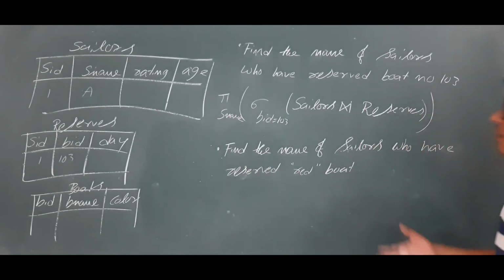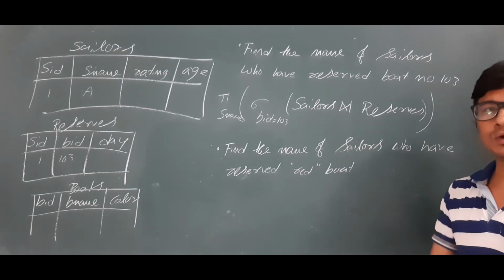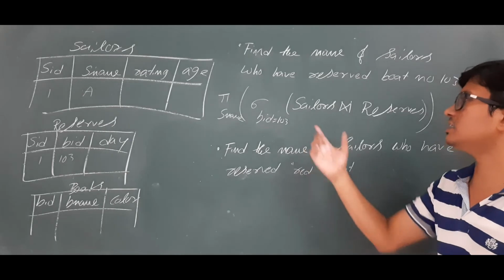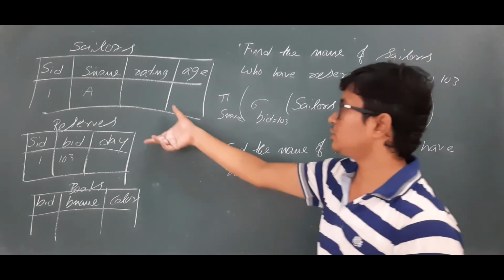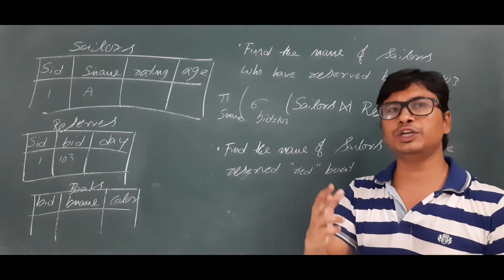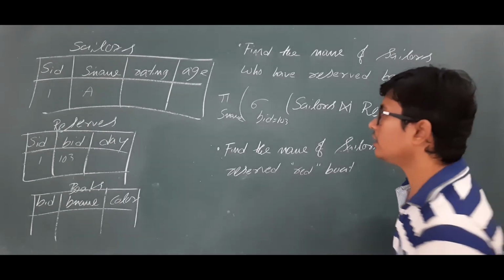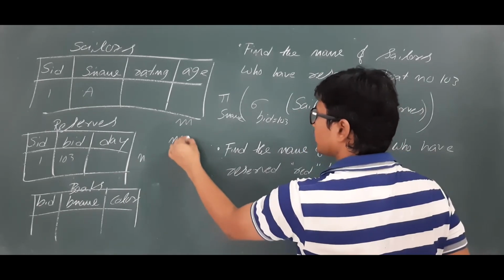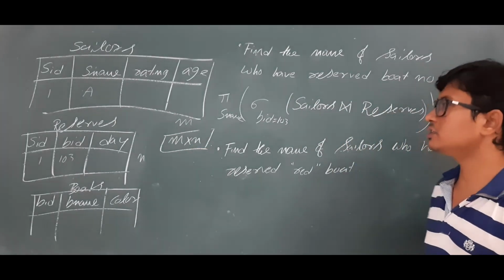Now my question is whether it is a right relational algebra expression or not. I can say that it is right relational algebra. But my question is, is it an efficient relational algebra expression? I can say that it is not efficient. Why is it so? Because first you are applying the natural join among both the relations. For natural join or any join, first you need to apply the cross product and then you have to apply the selection operator. If you have m tuples here and n tuples here, if you apply the cross product, you will get m into n number of tuples. In intermediate results you will get it, which is a costly operation.